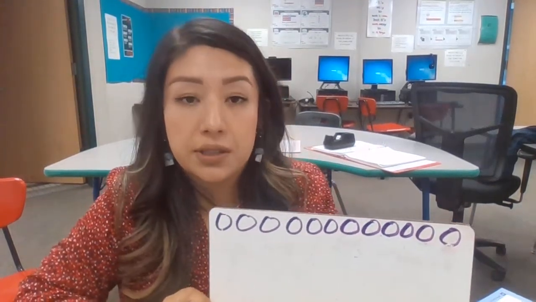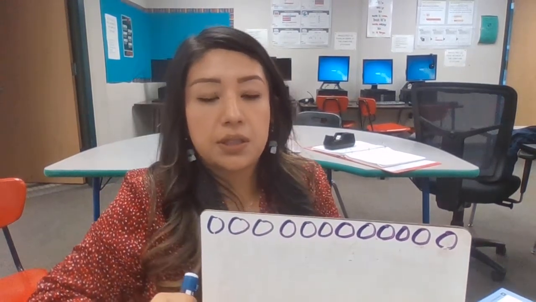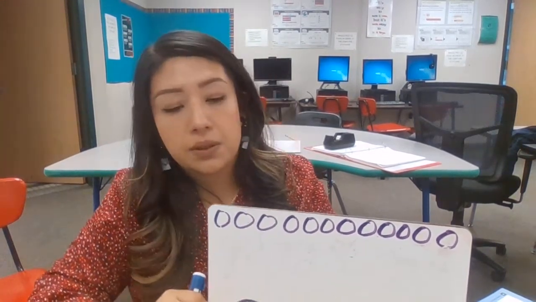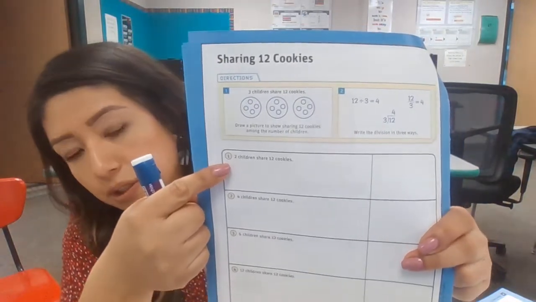So the second problem also deals with 12, and I want you to keep note that this week we're going to practice sharing 12 cookies. So the common number for the work during this week is going to be 12. We're going to be working with the number 12. So the second problem, which would actually be the first problem on your worksheet, problem 1, reads, 2 children share